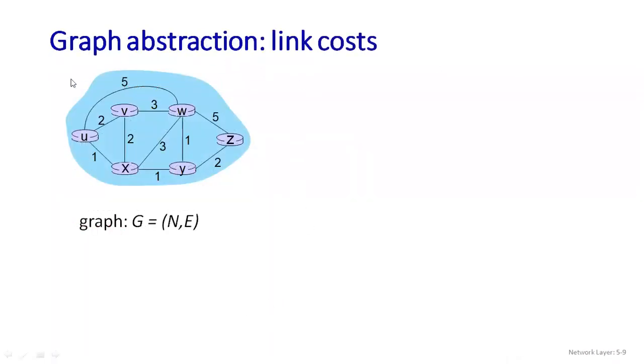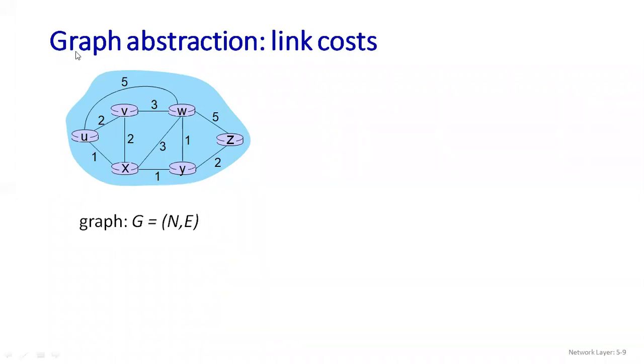So here I have one diagram. This is known as a graph abstraction, where I am going to calculate the link cost. Why is it known as link cost? Because you can see it has been connected from one place to another place. You can see I have some nodes: U, V, W, X, Y, Z. All the students, I request you to please note this down properly, because you have to draw the diagram and solve the problem. From this slide onwards, it will be better if you note down everything clearly. Then you won't have any doubts.